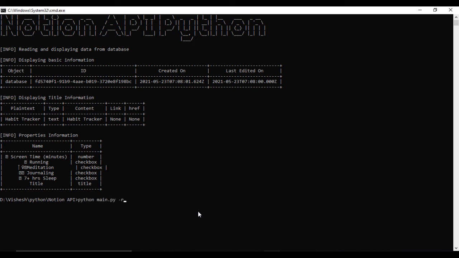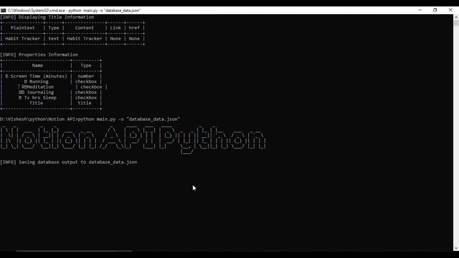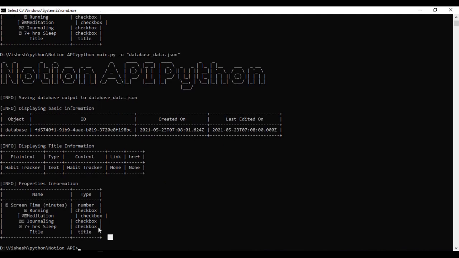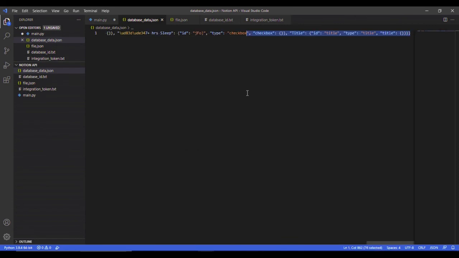Okay, now let's say we want to save its file, so we can use the output option and give database_data.json, and if I hit enter, as you can see, again beautiful, it displays the data and says that it has saved the output to database_data.json. Now if we check database_data.json, you can see that all the data that I was talking about is now saved here. Okay,